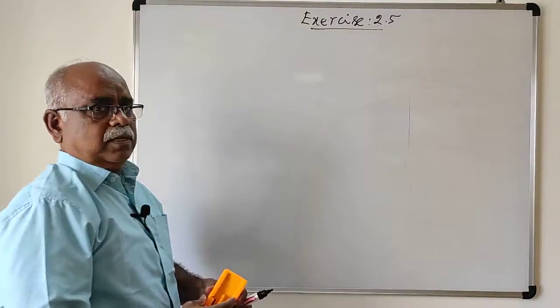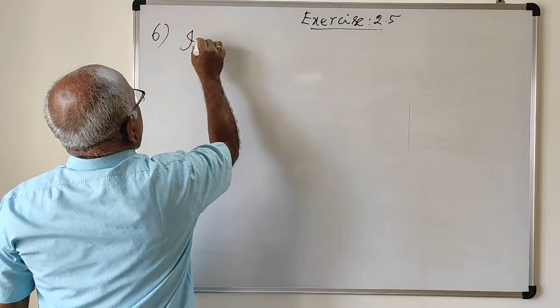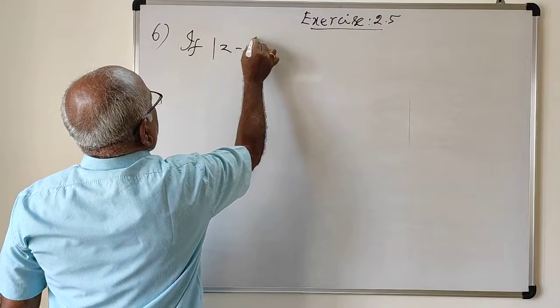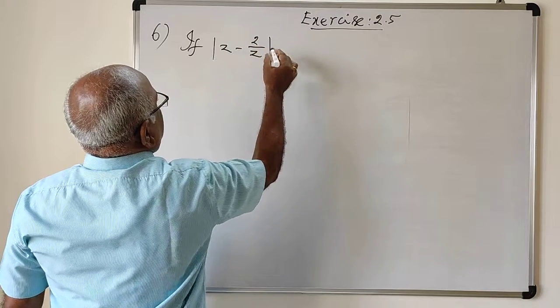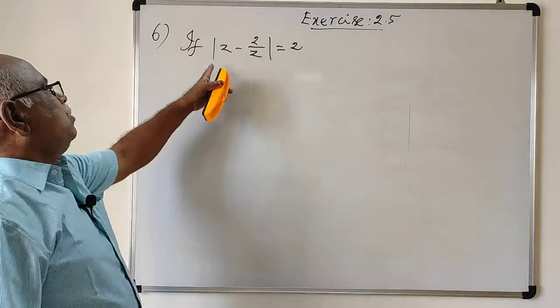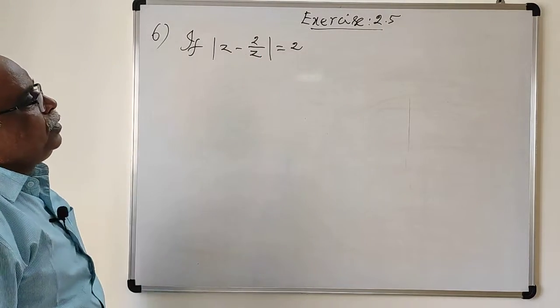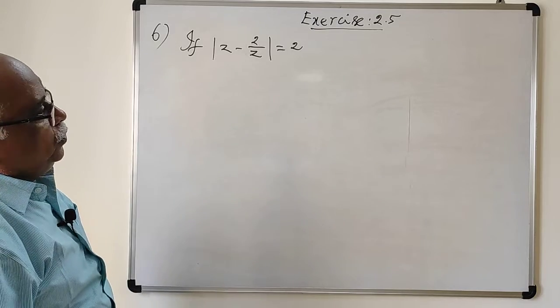Problem 6 is: if the modulus of z minus 2 by z is equal to 2, you have to prove that